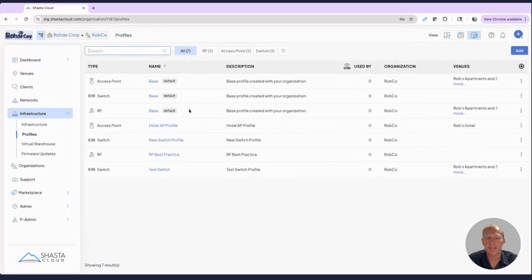our best practice profile now is right here under Profiles, our test switch profiles. So when we add a switch now to one of these venues, it's going to inherit this test switch profile. So every switch on the network by default will get these settings. Now you can go into a switch individually and override ports if you need to do that. But just to make it super easy, all switches will be deployed using the exact same base